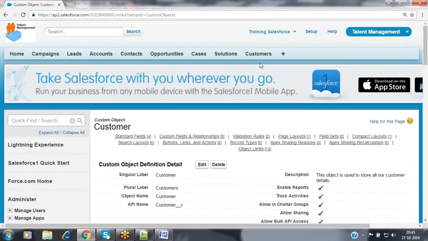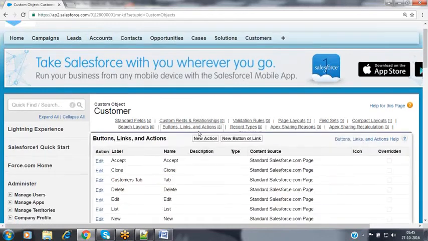Now, when you go to that tab bar, along with your previous tabs, you will have one more tab available, Customers. Nothing but a tab has been created for you. When you click on that tab, it provides the graphical user interface to manage the records inside that customer table. So as soon as you create a new object, Salesforce gives a table for you.